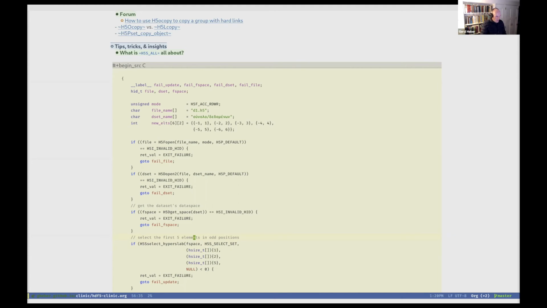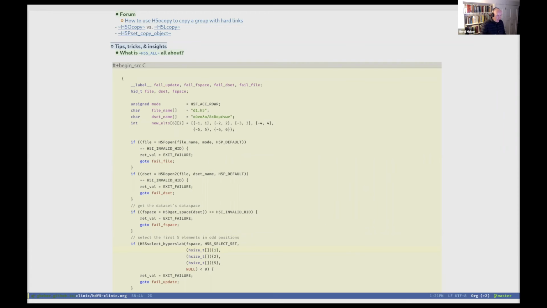So if you remember, when you call H5Sselect_hyperslab, there is this pattern where the first argument is the handle to the data space that we are dealing with. The next argument is the operation that I want to perform on that file space. And then it's basically this start, stride, count, block pattern. And in this case, since it's a one-dimensional array, the start, stride, count, and block are one-dimensional arrays, or I can just define them as stack variables.